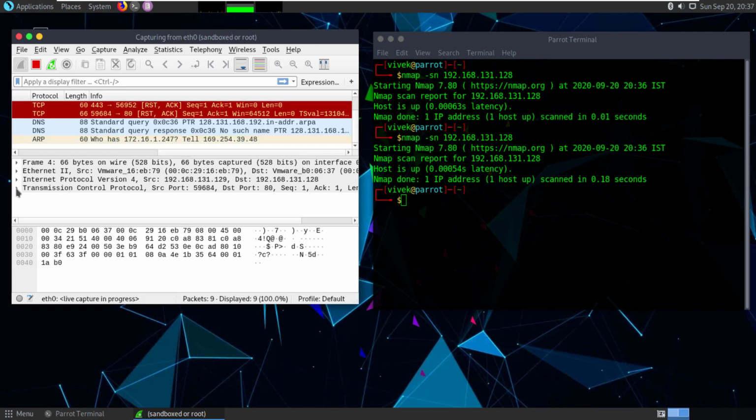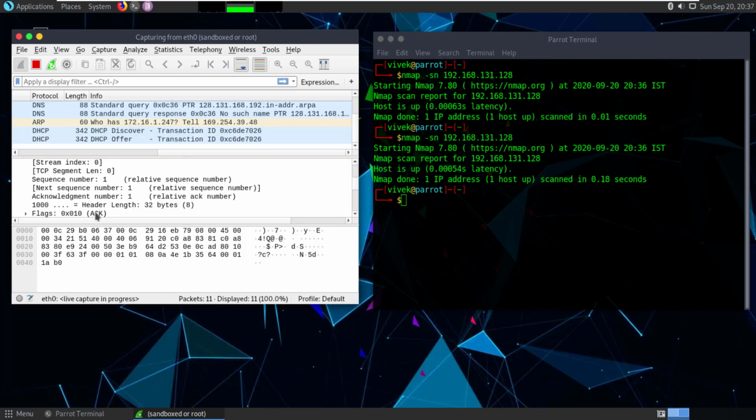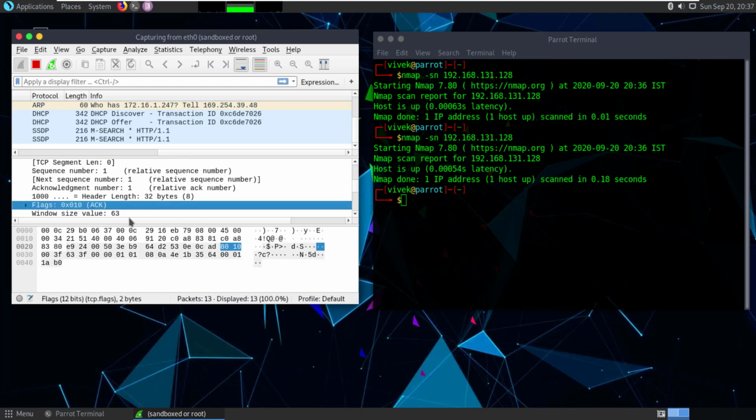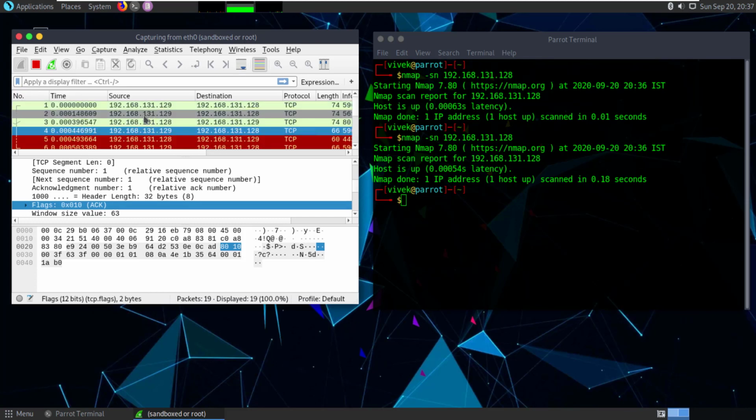When you open the Transmission Control Protocol section, you will see what flags it has transmitted. You can see the ACK flag, because it is providing acknowledgement, and the window size value. You can try this yourself and you will find all the things. But the main important difference here is that you are using the ping scan, but the protocol you are using is TCP, not ICMP.